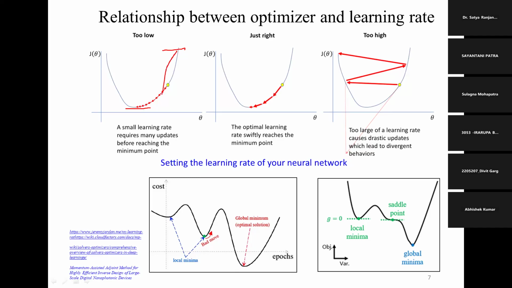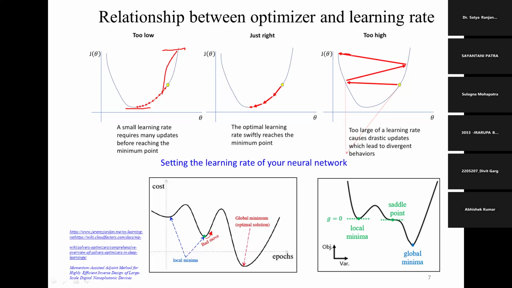If you learn too slowly, like with 0.00001, you might say, oh, my model should learn very well. No, no, no. Your training time will be very large. And if the learning rate is too high, maybe 0.01, then the model will oscillate.